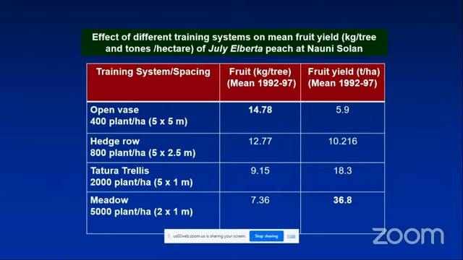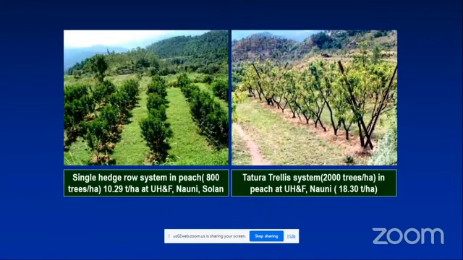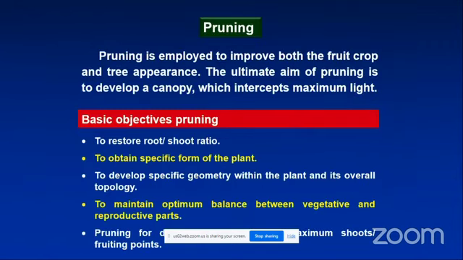This is the effect of a different training system on mean fruit yield. In the case of peach and apple, you can see the difference from the data itself. This is how this high density affects the yield and quality. This is a close photograph of the fruiting and flowering. This is the tree architecture, tree canopy management in the case of peach. Pruning is very important. The basic objective of pruning is to restore the root-shoot